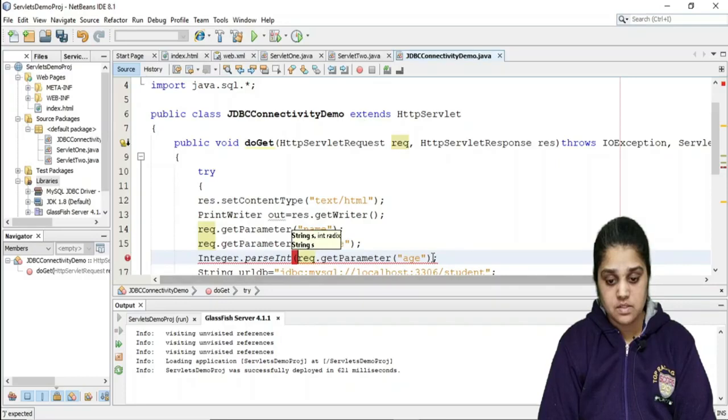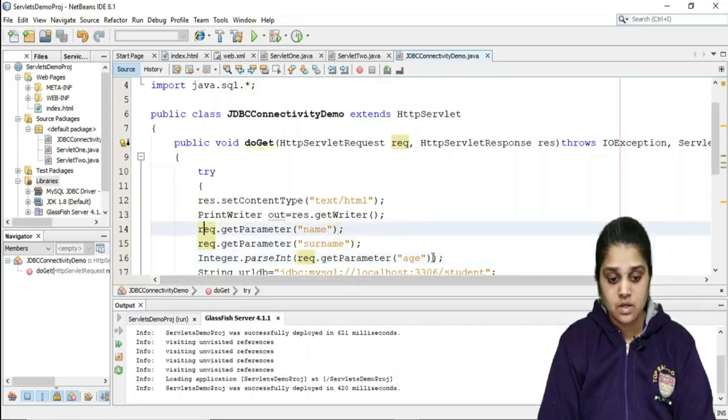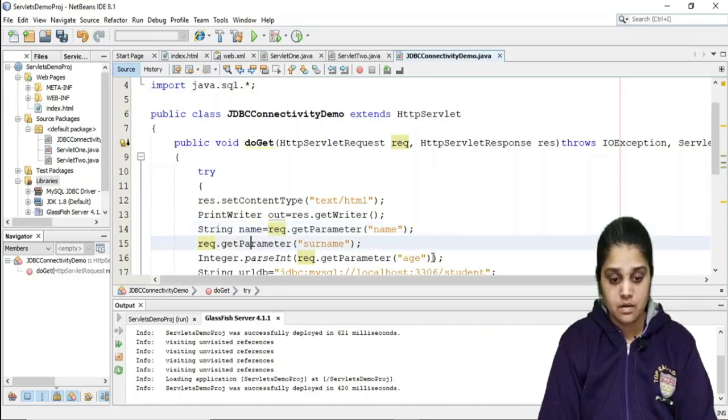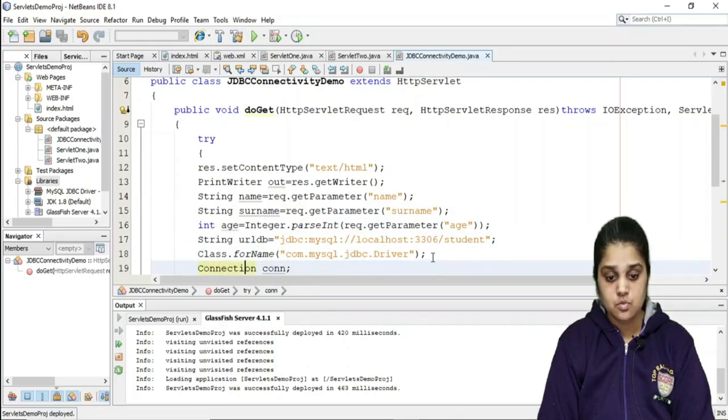After parsing you will pass it here. These two are strings, so string name, string surname, and integer age. Okay, so this is what I'm getting.